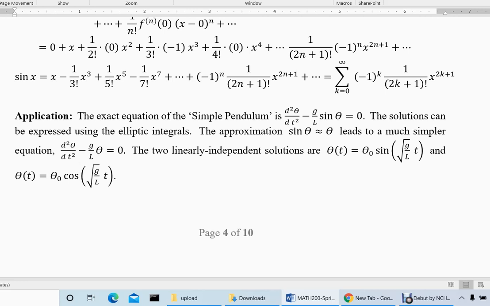Now this equation has two solutions, the sine and the cosine. You do not need the elliptic functions, and one will be the sine solution, one will be the cosine solution. G is acceleration due to gravity, L is the length of the pendulum. This is what we have been doing in our physics lab. We say keep the angle small in your experiment. See, sine theta equal to theta will work when the angle is close to 0 radians, something like 3 or 4 degrees. And you can play with your calculator and know how much error will be there when you put sine theta equal to theta in radians.